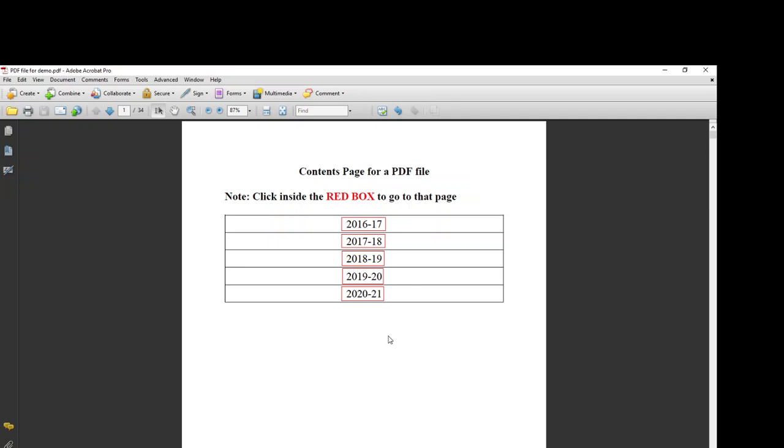Of course, there are different methods for creating this linked contents. But the advantage of this method is we are trying to create a link for an existing PDF document, which can be OCR compatible, or it could be a PDF file that was created as an image file. Especially when it is an image file, it is very difficult to create any reference there, like page numbers or some bookmarks, and then go there. So in this method, irrespective of what type of PDF file it is, you can still create the link.